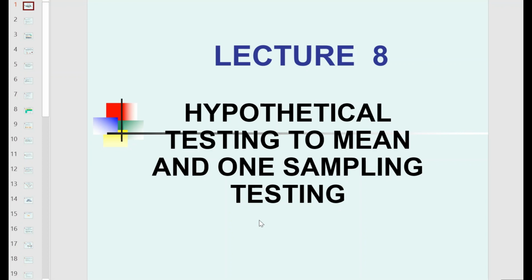Okay, so today I will continue on this lecture 8. Okay, basically on the topic of hypothesis testing to mean and one sample testing. So you can refer to the file that I have already uploaded at UKM Folio. So as we go on this topic,